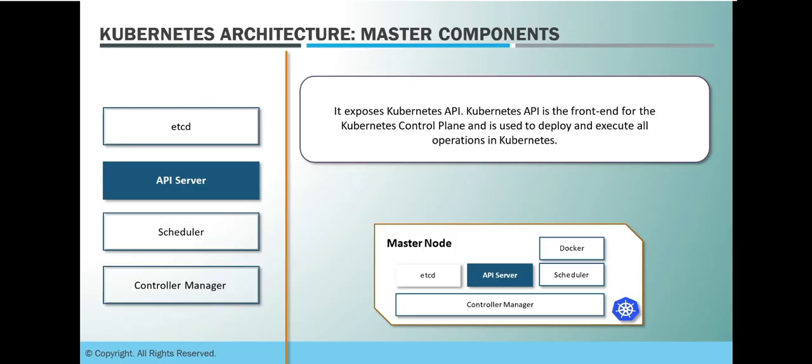It gives you an endpoint to connect to the master node or control plane, and from there, whenever you fire any command or action on the slave nodes, this API server comes into the picture as the first layer in order to communicate with the other components inside Kubernetes. So it is an important component to manage all communication with the components inside.